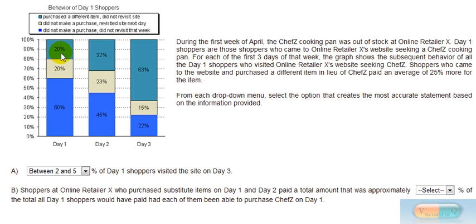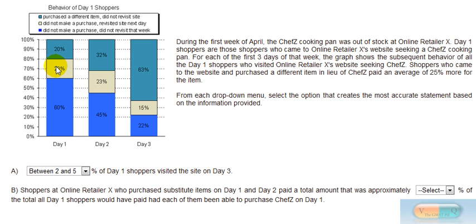So 20% purchased a different item, and then another 32% of that 20% went over from Day 1 to Day 2 of this gray portion. So 1/3 of this 20%, basically if you round 20 to 21 and then divide by 3, gives you around 7%. So that's 7%